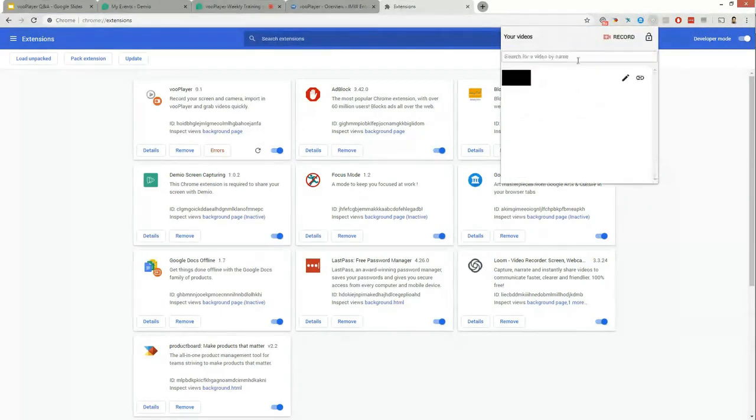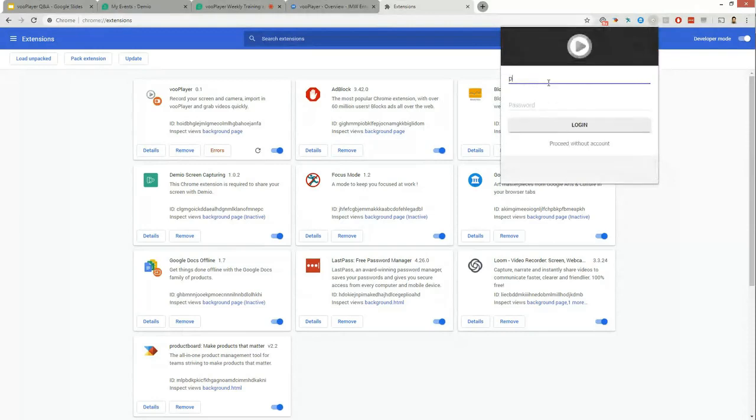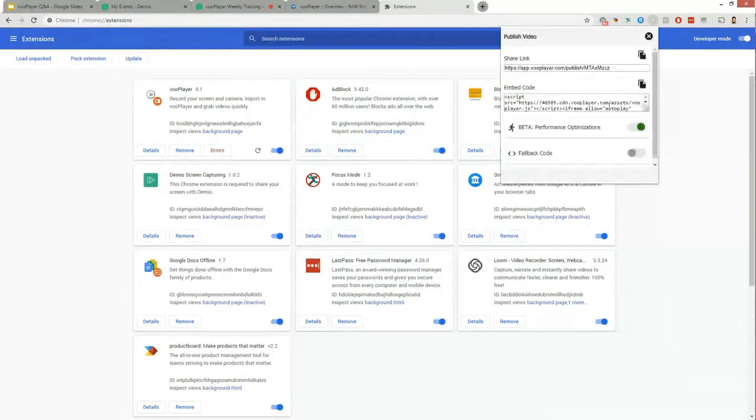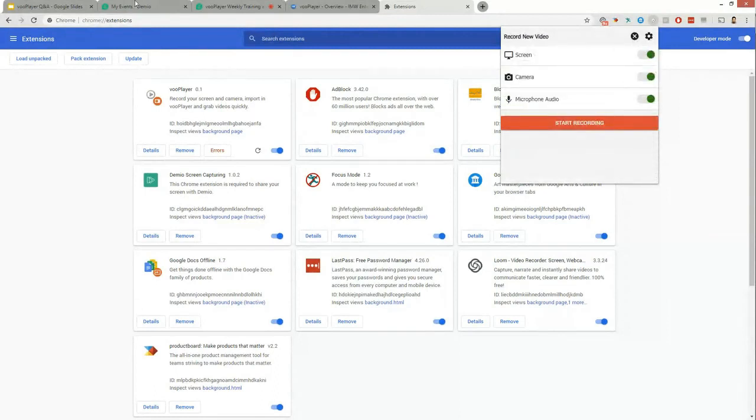So the VooPlayer Chrome extension, which gives you the ability to, let me just log in, gmail.com, gives you the ability to browse all of your videos wherever you are online, grab the share links, embed codes, etc. for it, as well as the ability to record new video by recording your screen, web camera, and microphone.